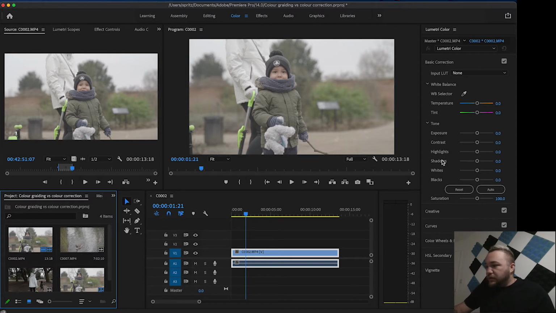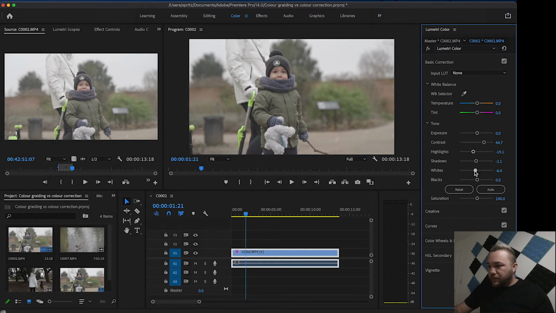We have temperature to set your white balance, and tone when it comes to exposure, contrast, highlights, shadows, white points and black points. Let's start doing small corrections here. Let's bring the contrast up a little bit, the highlights a little down, the shadows a little down, and the white points and the black points. The temperature,